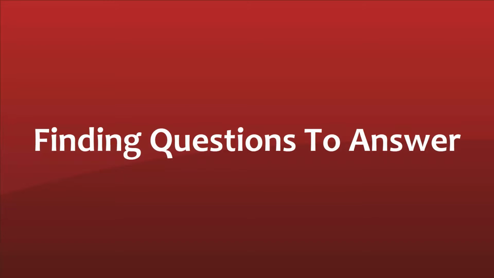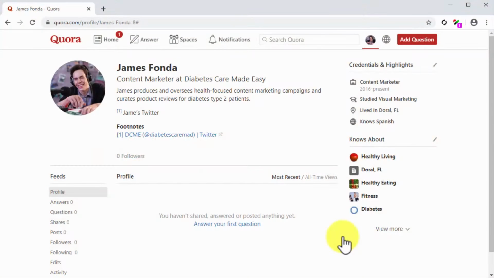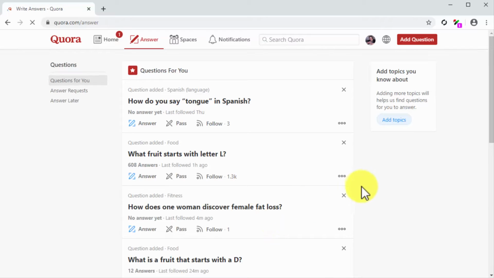Finding questions to answer. Now that your profile is complete and optimized, it is time to learn where you can find questions to answer. To do this for the first time, click on the Answer Your First Question link. This will take you to the question section, which you can also access from anywhere on the site by clicking on the Answer tab. And this is it for this lesson, friends,